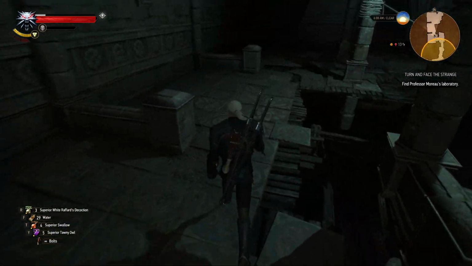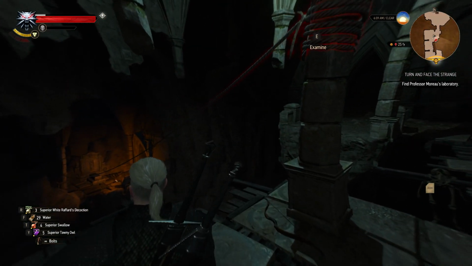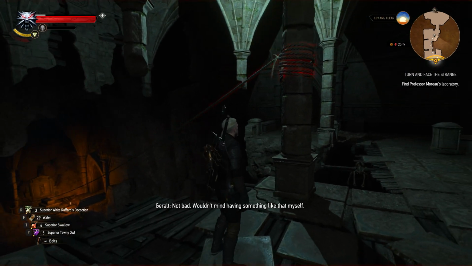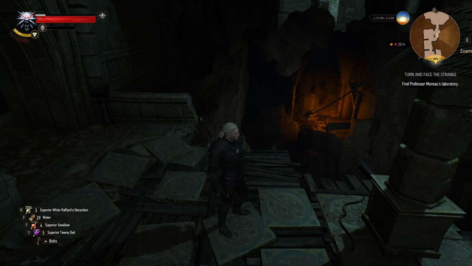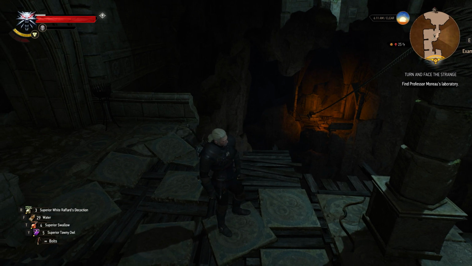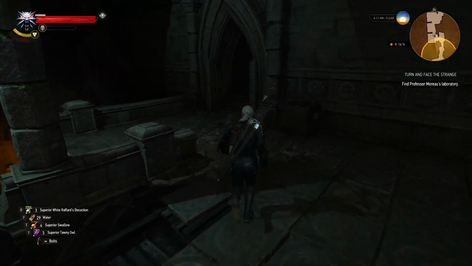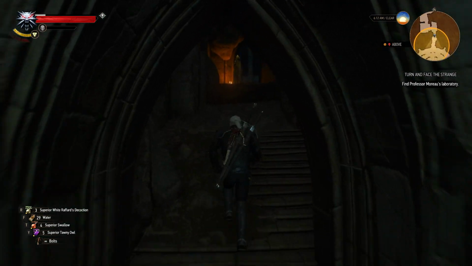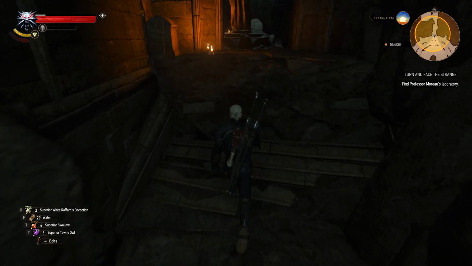Can I inspect this zip line? Because I'm going to assume I can't go down this. Not bad. Wouldn't mind having something like that myself. Ah, yeah, I thought so. Looks like there's a tomb down there. But we've progressed, so we're alright. I was kind of keeping my eye out for like a spike trap in the wall then, but...